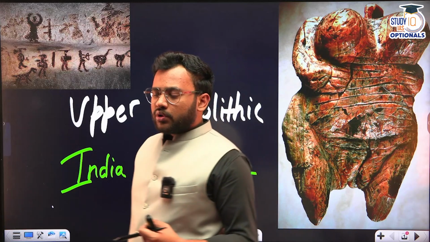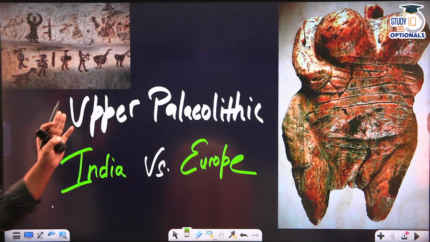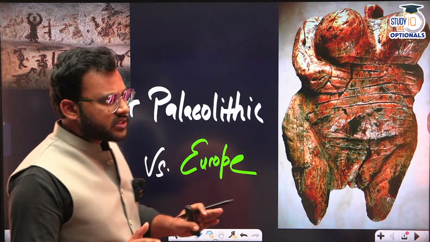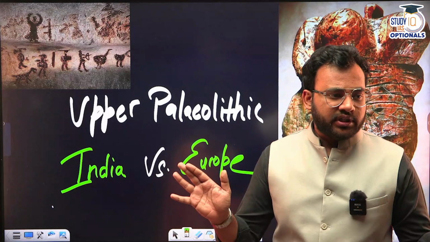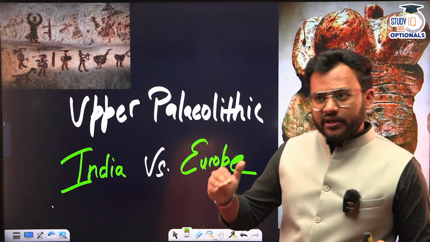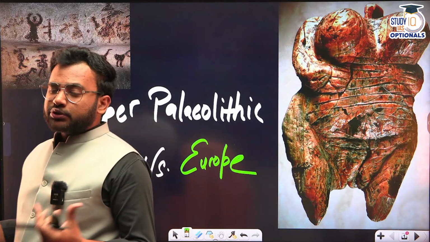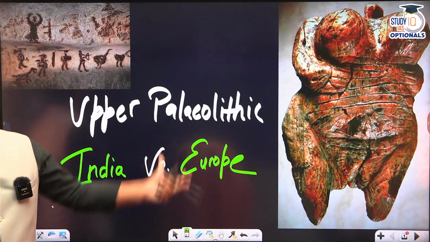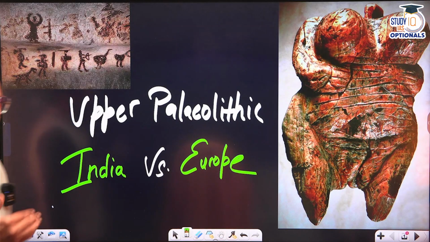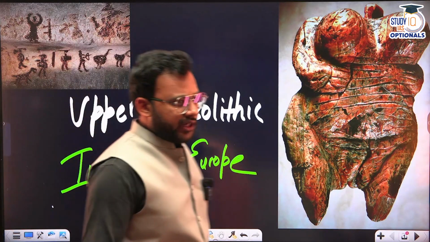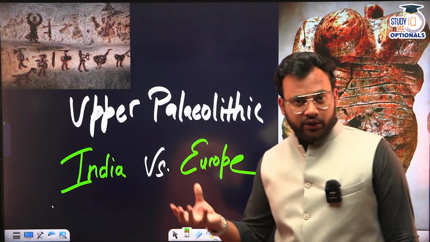These female figurines or Venuses are found in most parts of Europe: France, Spain, Germany. All these parts have tremendous evidences of Venuses. Even in Russia, we have certain evidences of these type of figurines. But when it comes to India, we do not have these Venus figurines. We do have certain female figurines, but they were a later development, not earlier like these Venus figurines, which date back to around 32,000 years ago.